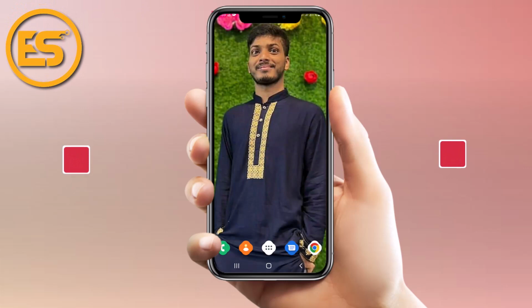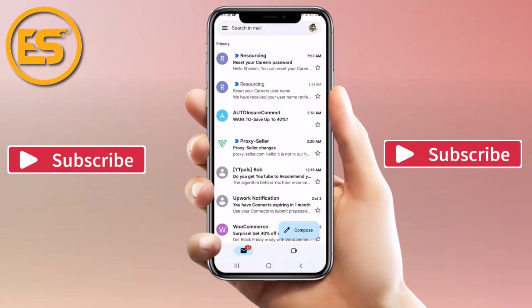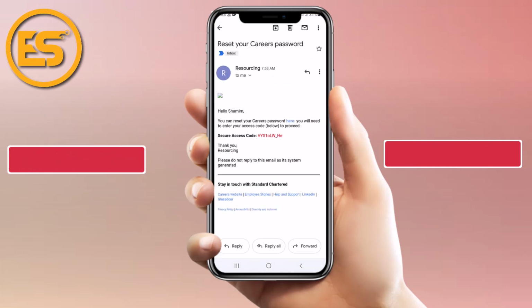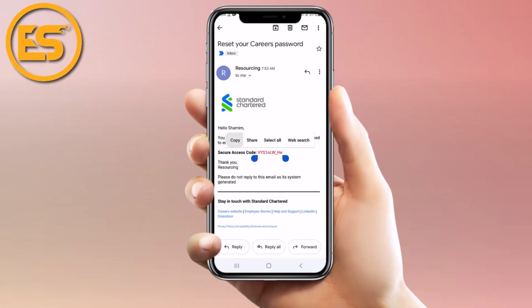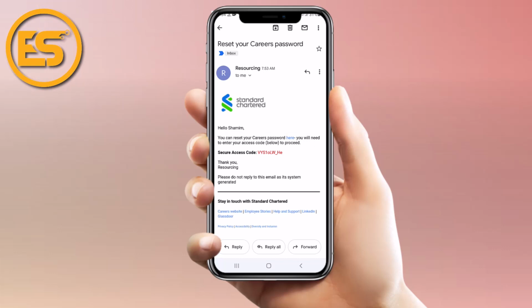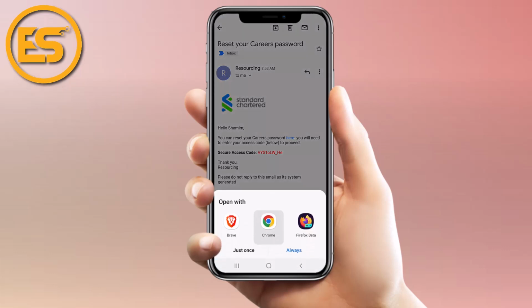Now go back to Gmail. Already we got our secure access code. Now copy your red color code, that's your current password, and click. You can reset your career password here. Click on here, blue hyperlink. Open through Chrome